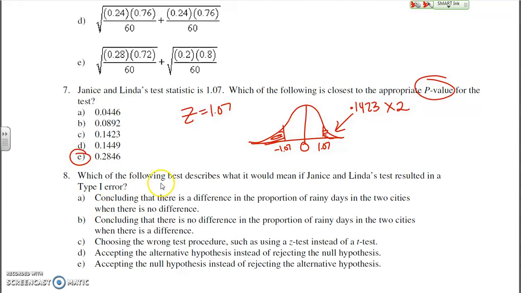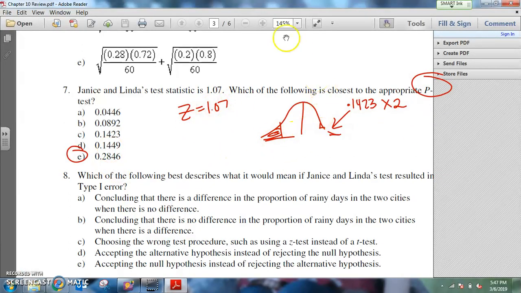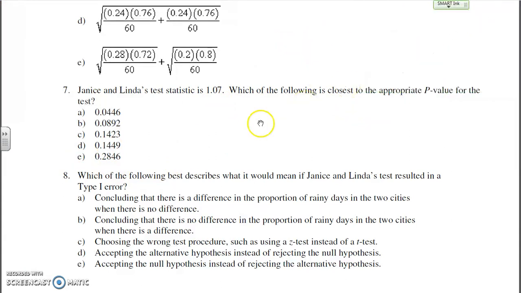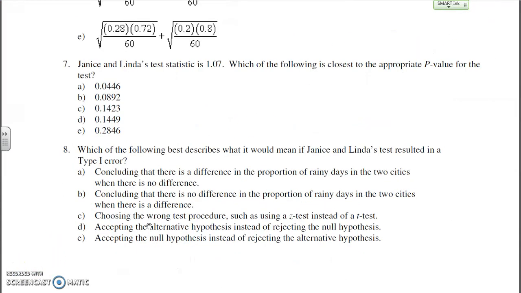These questions are really crucial that you pay attention to what the alternative is. I know they sound like they're really easy. You just have to look it up on table A, but you really do have to pay attention to whether it's a one-sided test versus a two-sided test. Hold on a second, let me clear that. All right, and then number 8, which of the following best describes what it would mean if Janice and Linda's